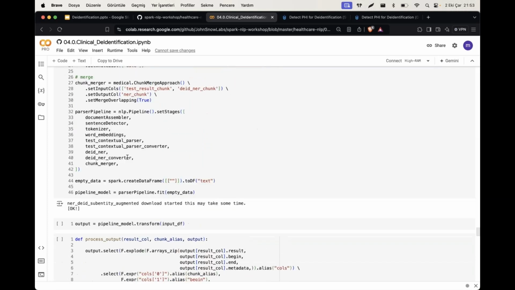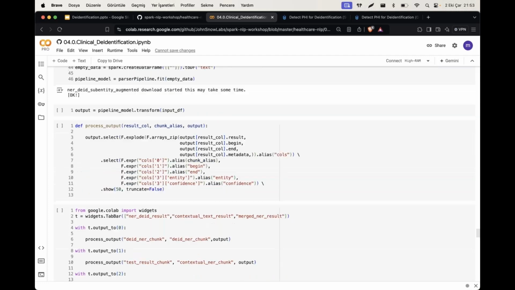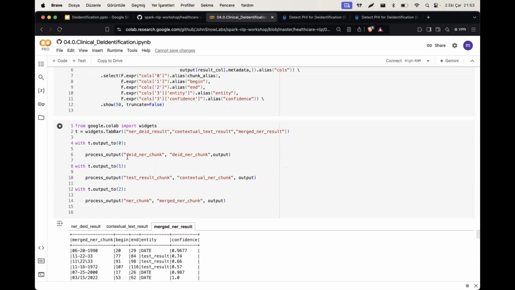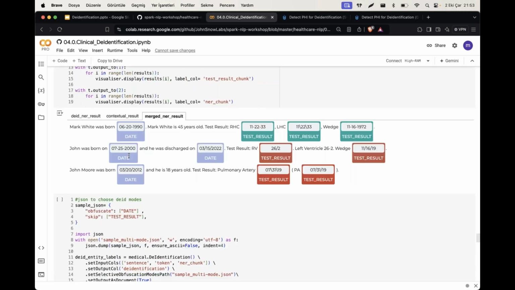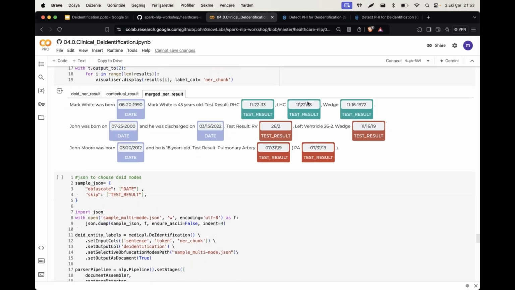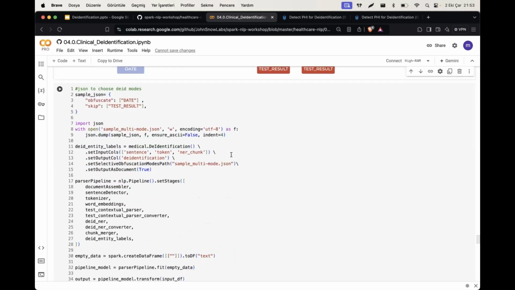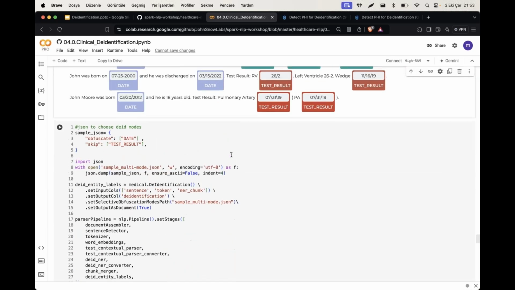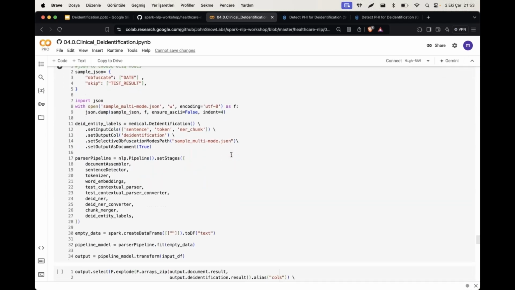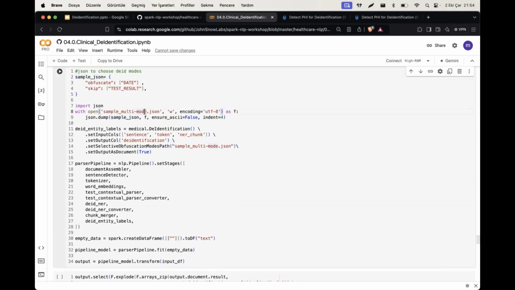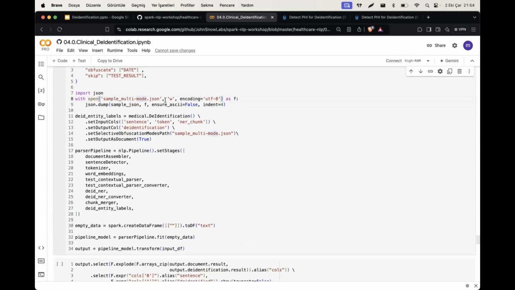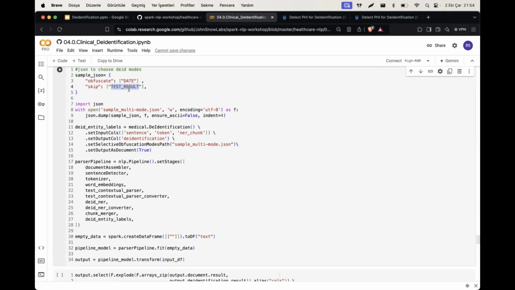As you can see, there is no de-identification for now, and after extracting all the entities like test results, dates here, they look similar, and then we created a JSON file with the labels: obfuscate the date entities, skip the test results. When we feed that JSON to the de-identification model,